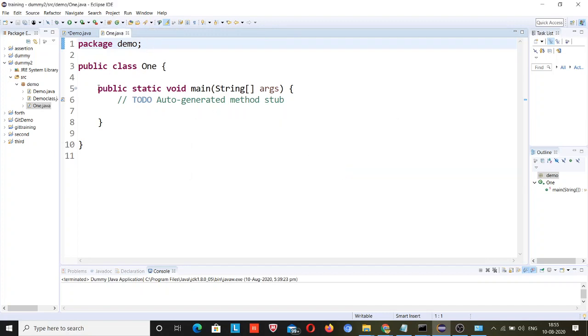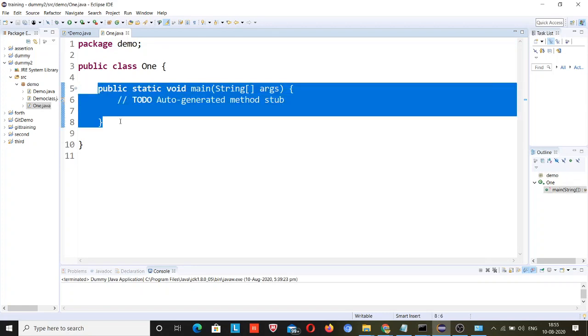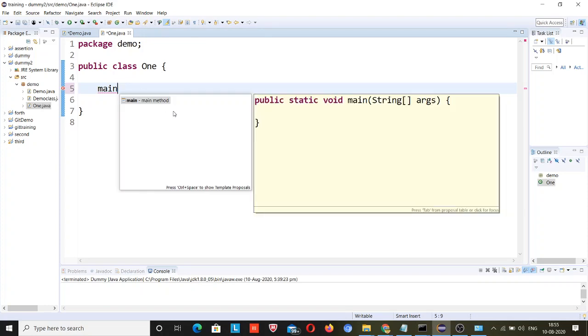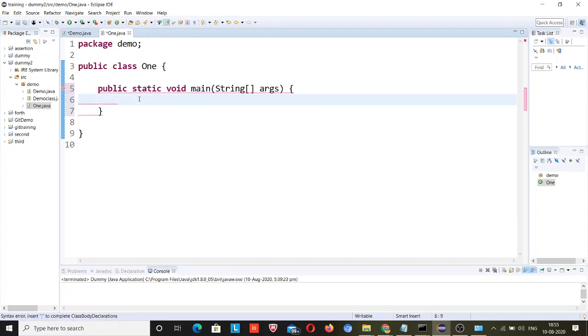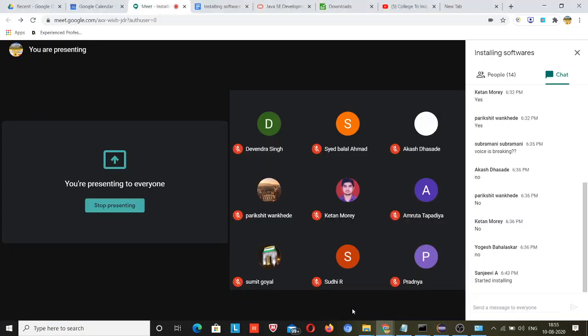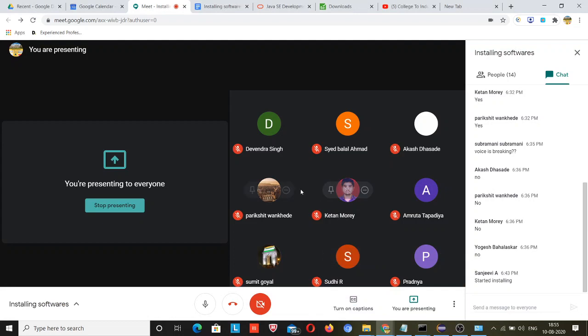But what if you forget? You will go and update it. There is no option for doing that. Just do one thing. Suppose I have not created it by clicking on that checkbox. Just type main, control space. Here you can see there is an option. Just press enter and the main method will be created. So these are the shortcuts that will help you save time during your coding process. Note those shortcuts, that's what I suggest, guys.